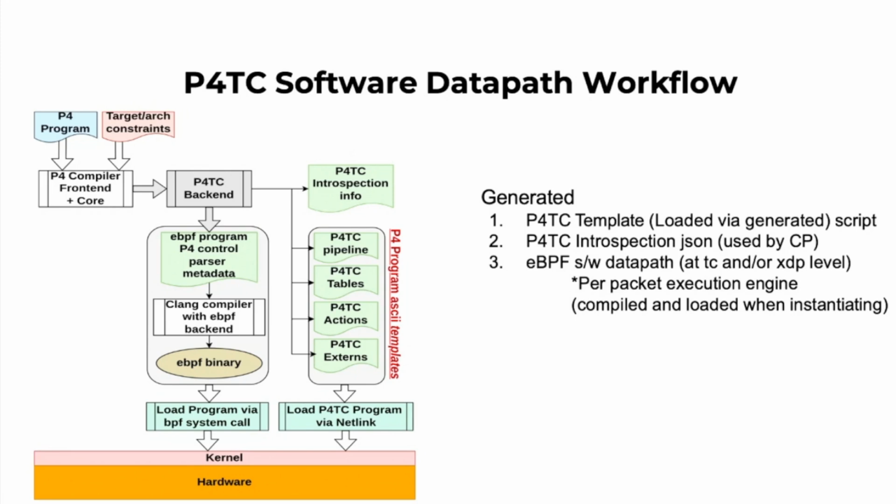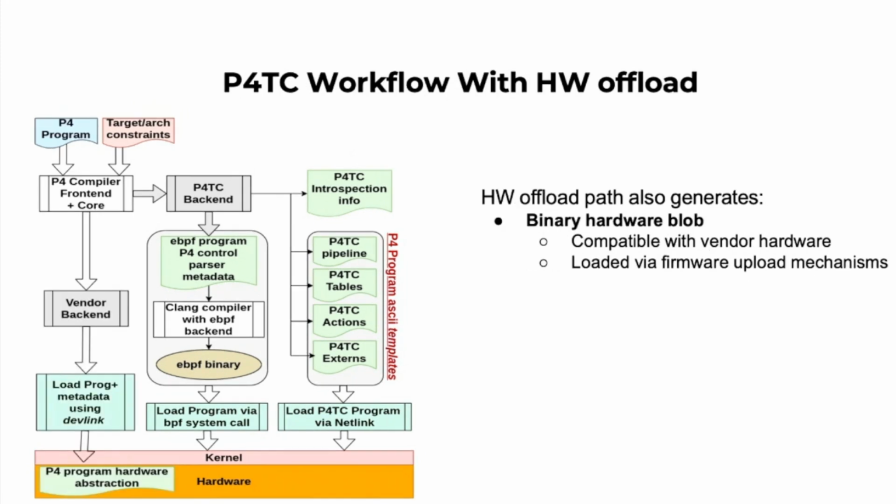If we add hardware to this mix, we again have to take the compiler. The compiler will have a vendor backend over here, and the vendor backend is going to generate very vendor-specific code. I'm going to touch on what that means at Intel. Then this blob information will do similar things to what we have in the template. It's going to manifest your tables, empty tables, in the hardware that are then ready for CRUD operations.